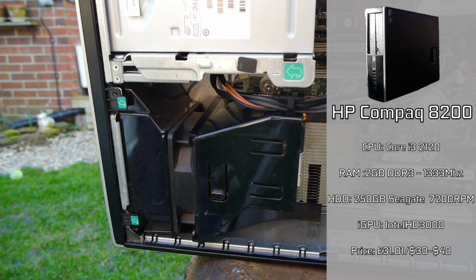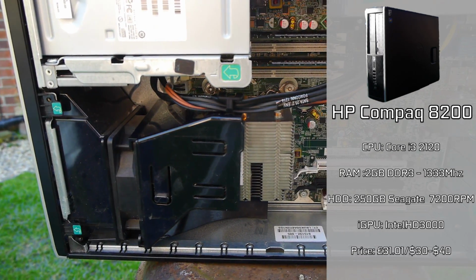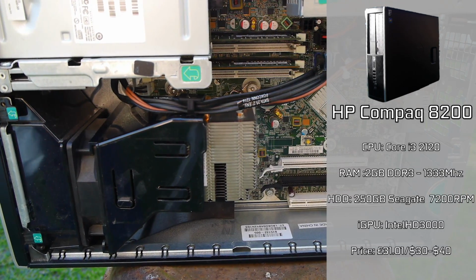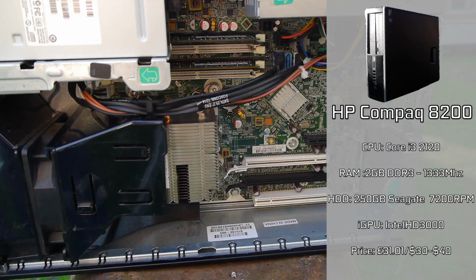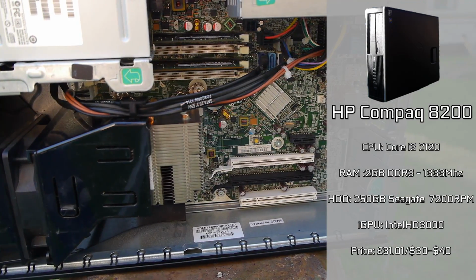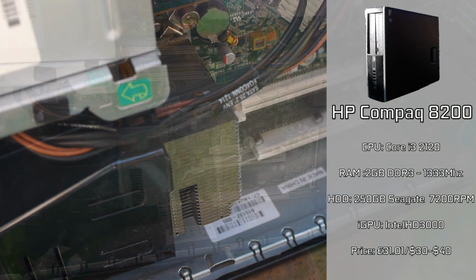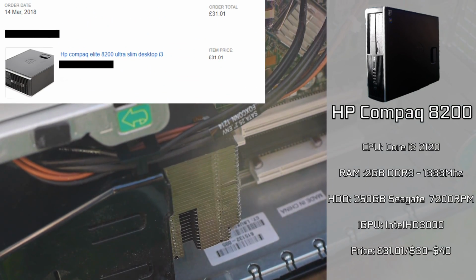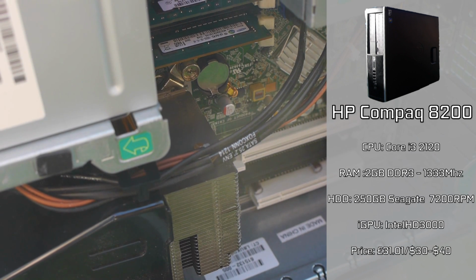However, these types of PCs came with all similar specifications, so you might get a Core i5 in one, a Core i3 in another. Realistically, they will all have the same socket and will all be a similar price. Generally, the Core i3s and the Pentium ones are the most common ones you'll find around this mark. You can grab these off eBay from a reseller or even from an education surplus shop, as we all know they're very much dirt cheap these days. And as of a couple of years ago, they were in fact the best way to get into PC gaming